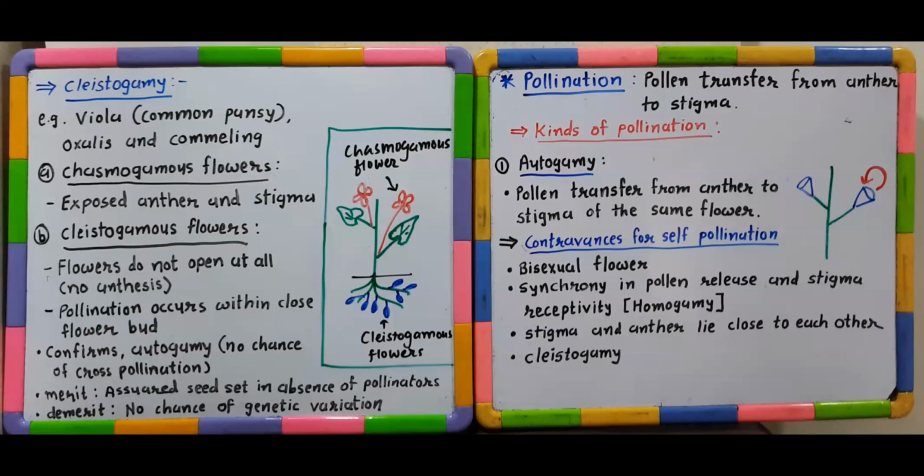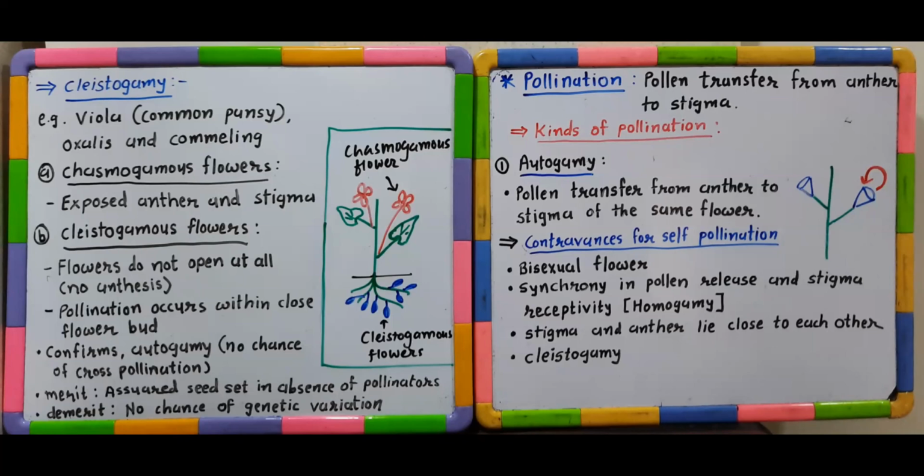Pollination refers to the process of transfer of pollen from the anther to the stigma. As you know, at maturity, the anther dehisces and releases the pollen grains, and these pollen grains reach the stigma. This process is identified as pollination. There are different kinds of pollination,